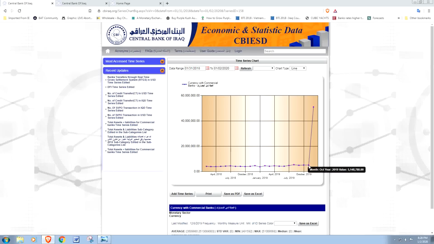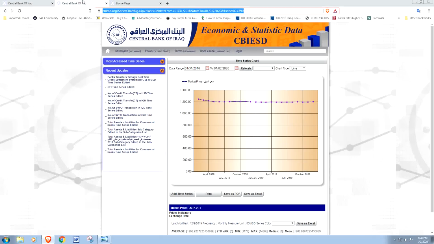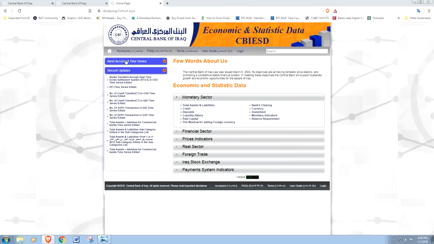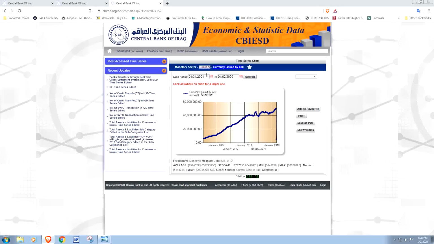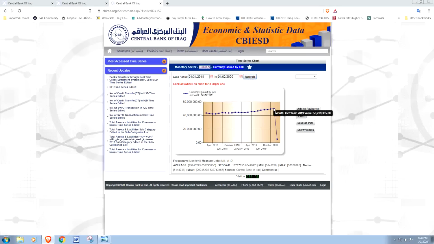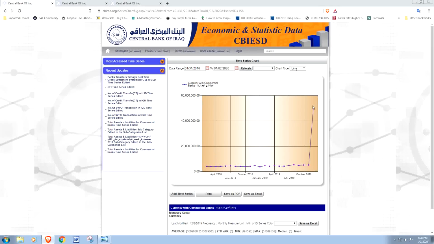Now, ironically, that one chart that showed you what was in circulation, let me get to it again real quick. What was in circulation, or what was issued, we saw this graph. Excuse the delay here. Now we saw something interesting. Here's something funny. At this time here, you see what is issued by the bank drops down. It's obviously some kind of glitch. And then here it goes up the same amount. So unless something dramatically happened in which Iraq somehow brought back $45 trillion in country, and I doubt that's what happened, this is more likely some kind of glitch.